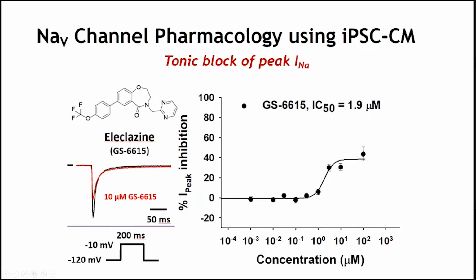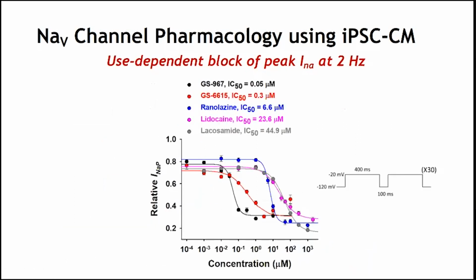So we were able to derive really beautiful tonic block experiments and separately use-dependent block. Most of these agents have local anesthetic-like effects, therefore they have use-dependent block. But we were really surprised to see that GS967, which was thought to be primarily a late sodium current blocker, had profound and high affinity use-dependent block of the human sodium channel, which no doubt may contribute to its potential